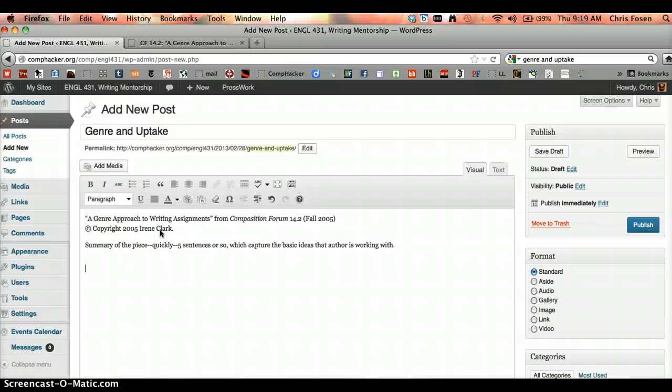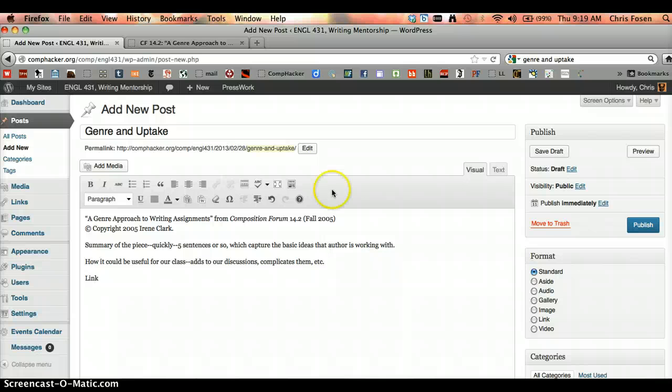And then I'd like us to write just a little bit about how it could be useful for our class. Maybe how it adds to our discussions, complicates them, and so on. So let's pretend that these two things right here took maybe 5, 8 sentences, something like that, and that you wrote that in. What I'd also like you to be able to do is to give us a link to the thing itself.